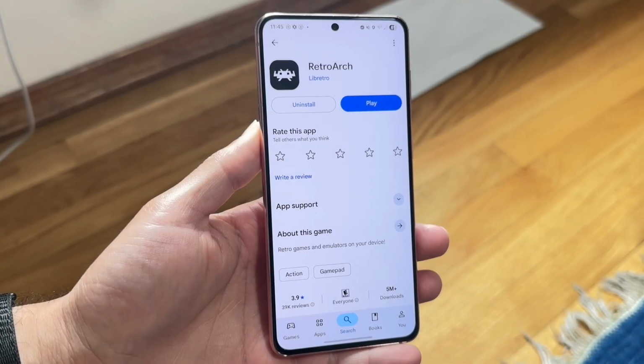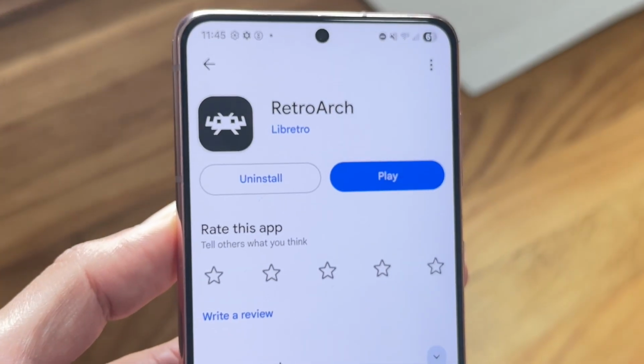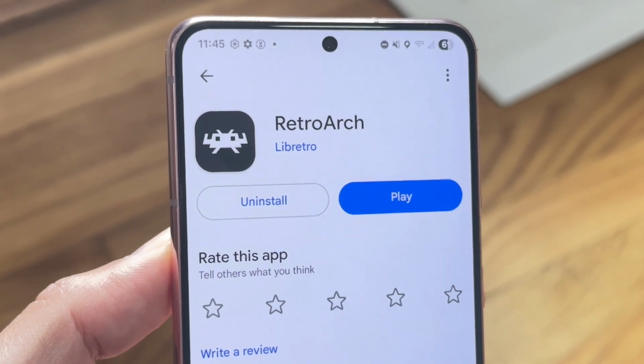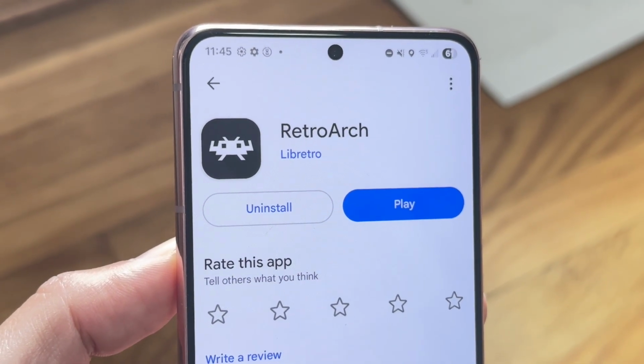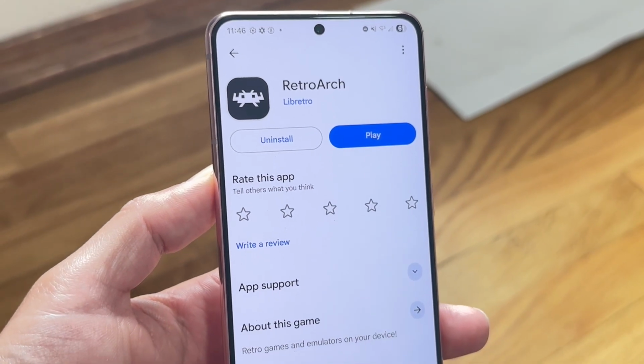So you might be in a situation where for some reason RetroArch just isn't working. Now, sometimes this can happen for a multitude of different reasons. You're first going to want to understand what's actually not working. If for some reason you're searching for RetroArch on the Google Play Store, but it's not coming up and you're